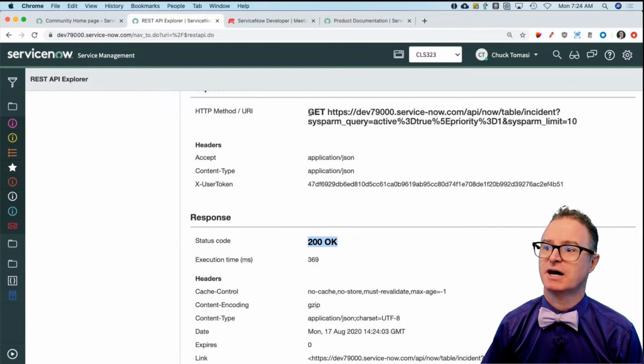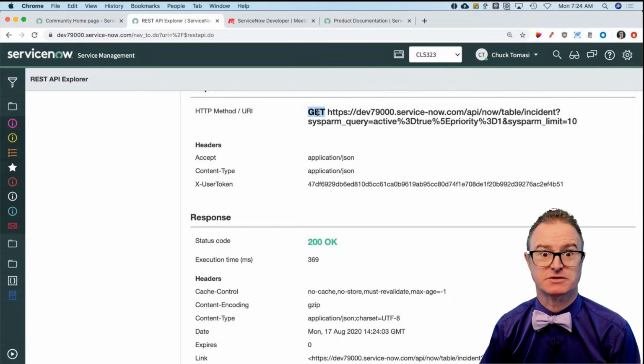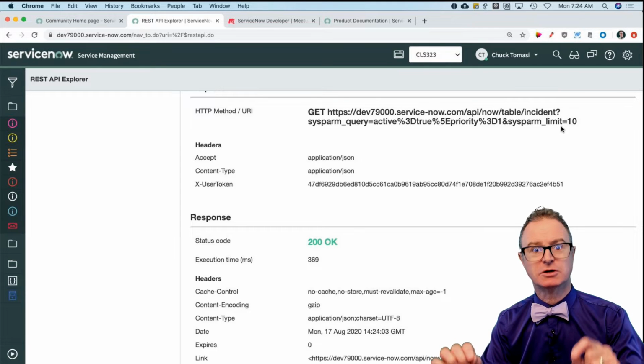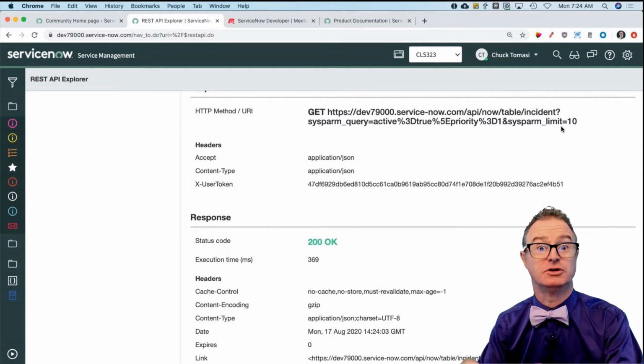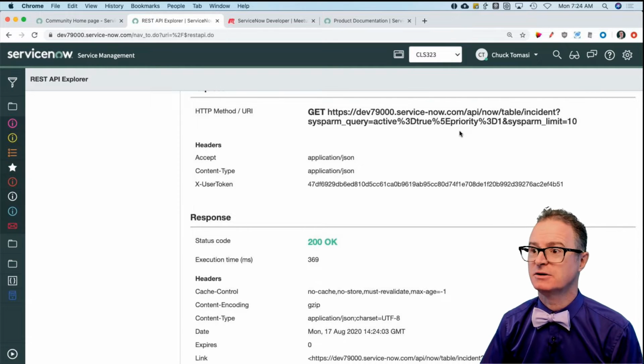This is the actual HTTP information that it sent. There's my get, because I specified a get command over on the left. This is the URL, and it goes right up to table. That's the API. The incident is the table I specified. There's one of my query parameters, sysparm_query, and here's another one, sysparm_limit. So the query parameters go on the URL or the URI. Okay, that's where we can pick those off, and I'll get into those when I start receiving information and